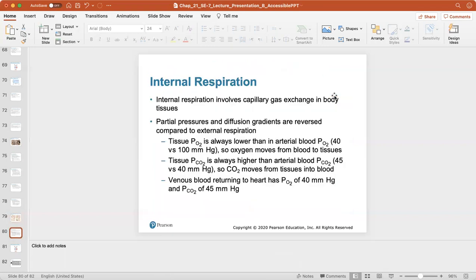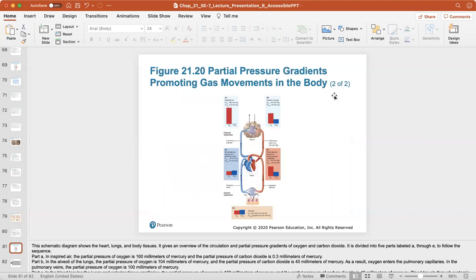Internal respiration involves capillary gas exchange in body tissues, where partial pressures and diffusion gradients are reversed compared to external respiration. I'll end here with this picture showing how partial pressure gradients promoting gas exchange in the body are extremely important to greatly increase the partial pressure differences so that oxygen can always diffuse into the blood from the lungs and carbon dioxide can always diffuse out of